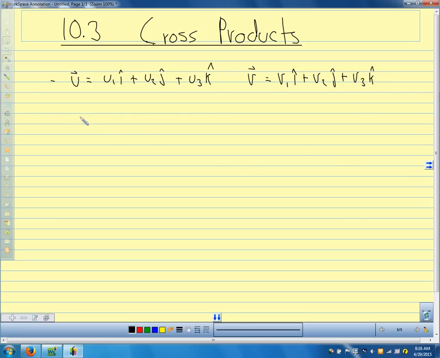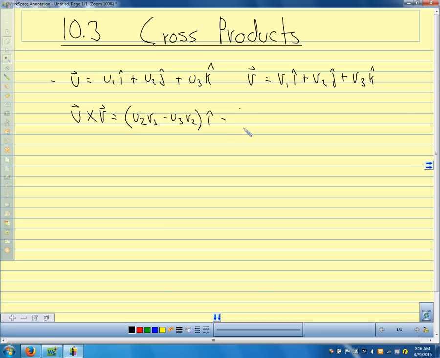We say the cross product u cross v equals, and I'm going to write kind of a long thing that looks complicated, and then we'll talk about a really easy way that we find cross products of vectors. So our cross product is defined to be u2 v3 minus u3 v2 i hat